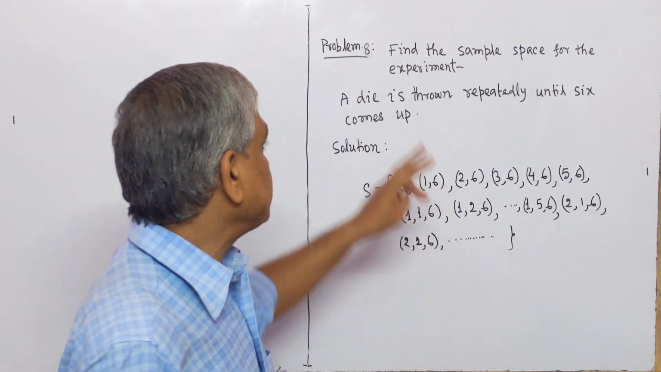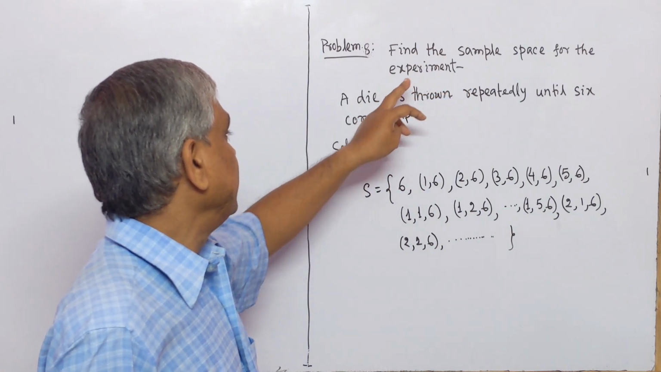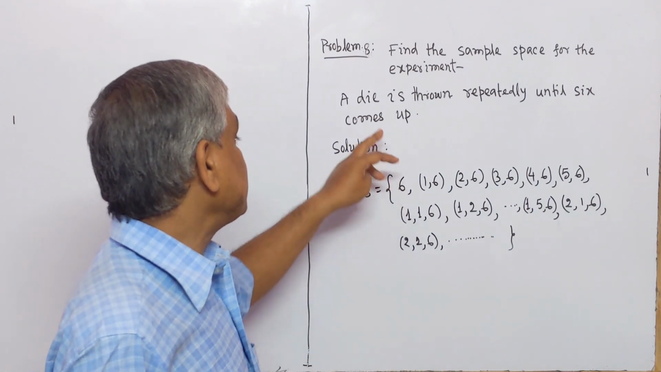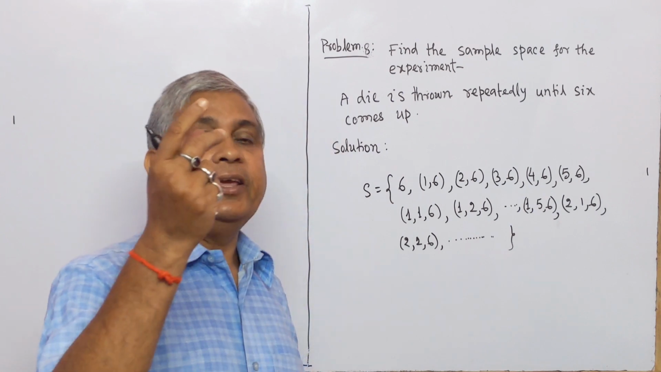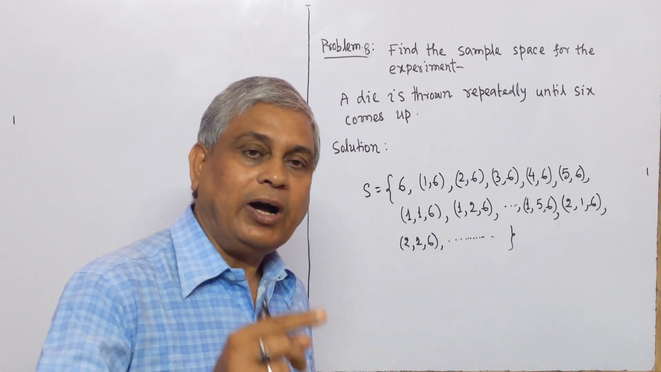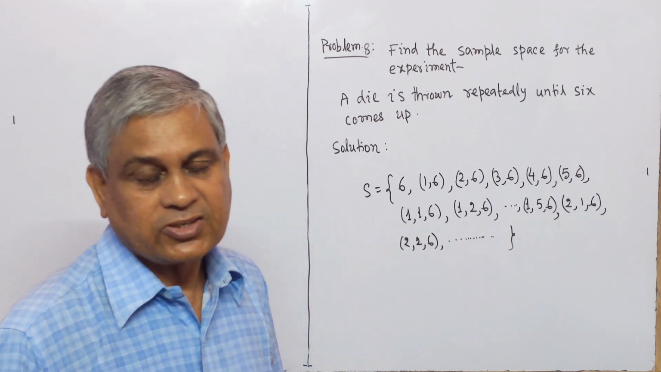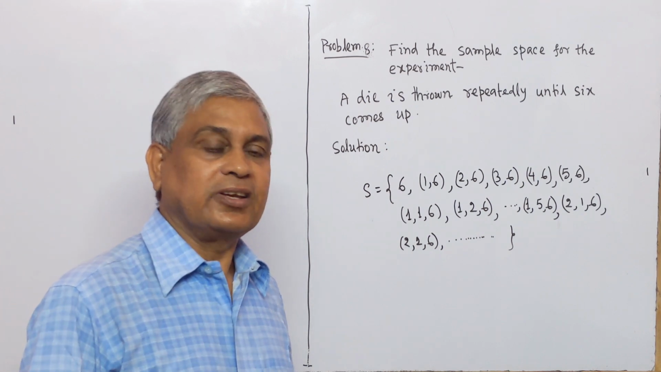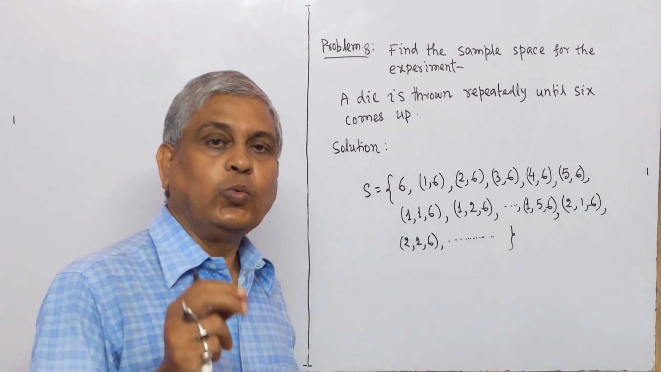Now we solve the next problem. Find the sample space for the experiment. A die is thrown repeatedly until 6 comes up. If we throw a die, then the outcomes be 1, 2, 3, 4 or 5 or 6. If in the first chance 6 appears, then we write 6. If in the first chance 1 appears